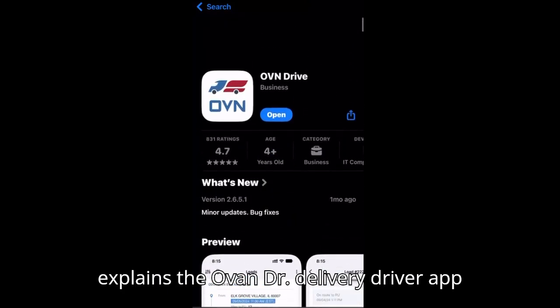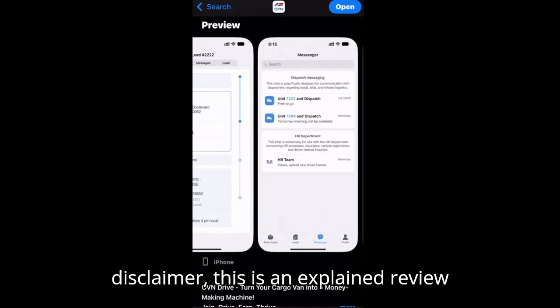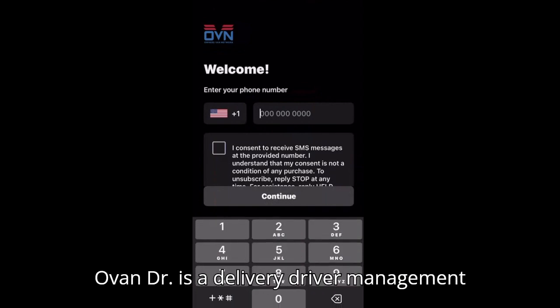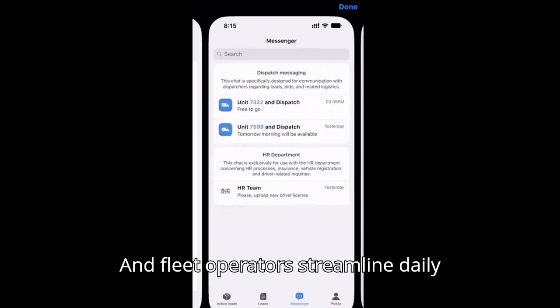This video explains the OVN Drive, Delivery Driver, app and whether it's worth using. Quick disclaimer. This is an explained review based on user feedback and online data, not personal use or a visual demo. OVN Drive is a delivery driver management app designed to help independent drivers and fleet operators streamline daily delivery